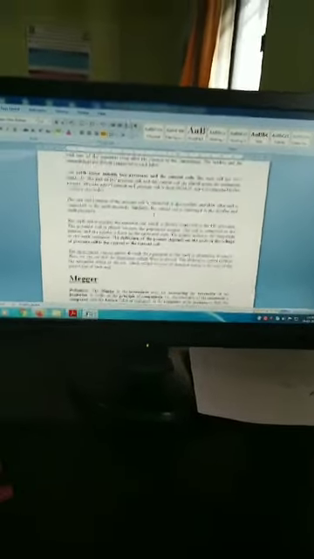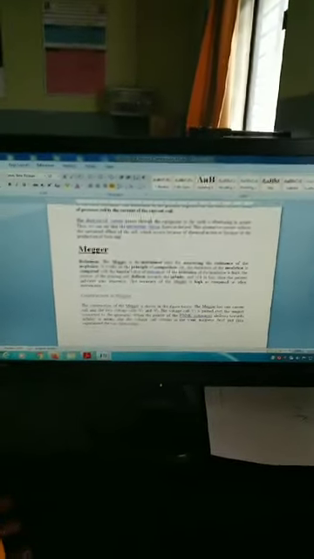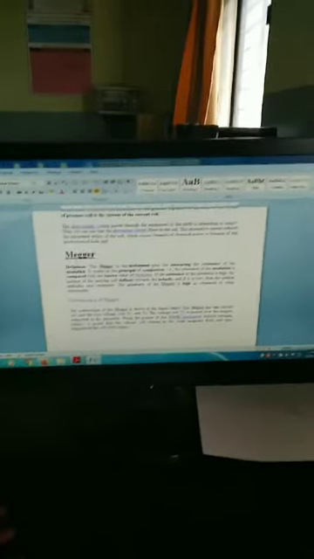Now the next experiment is to find the insulation resistance, the resistance of an insulation, by using a Megger. And experiment number 4 is to find the continuity. First of all, let's see the different insulation testers. This is an analog insulation tester, and this one is a digital insulation tester.